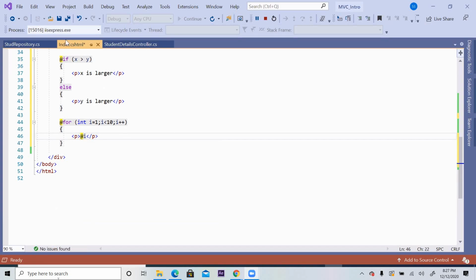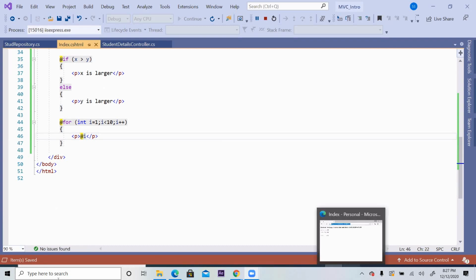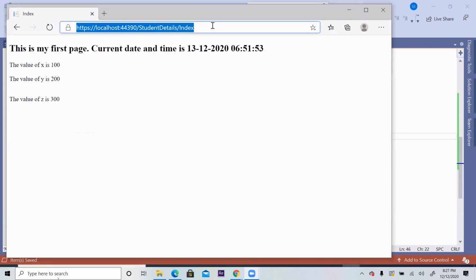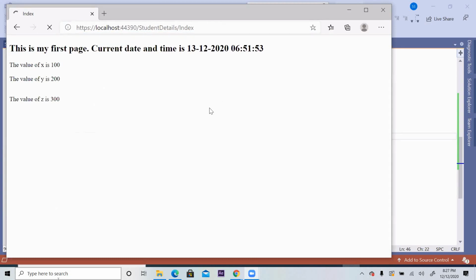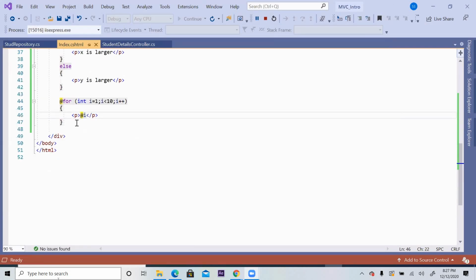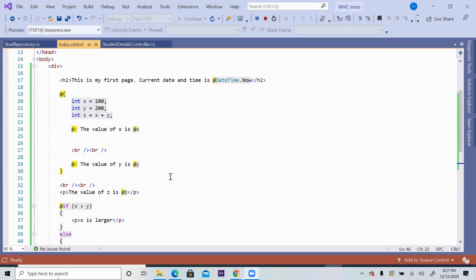All right, let's refresh it and see. Okay, so it says y is larger, because it's 200, and then I wanted to display one paragraph, one number. Similarly, you can use foreach loops and all.